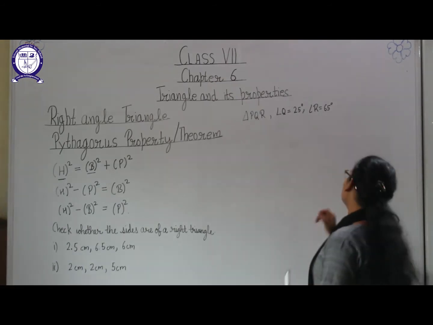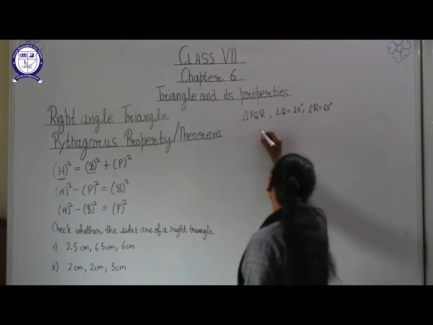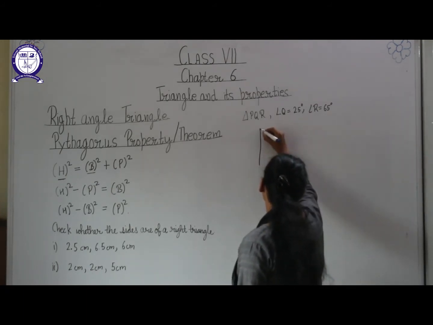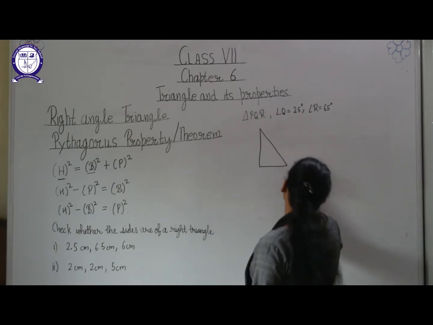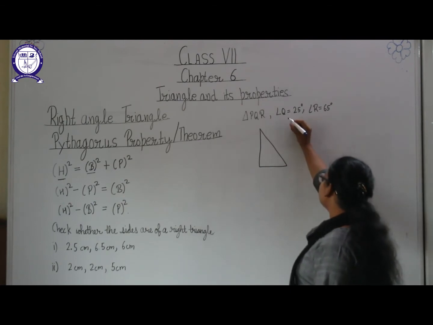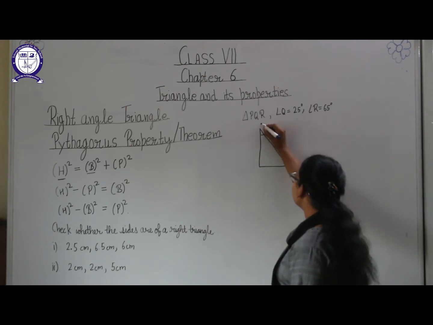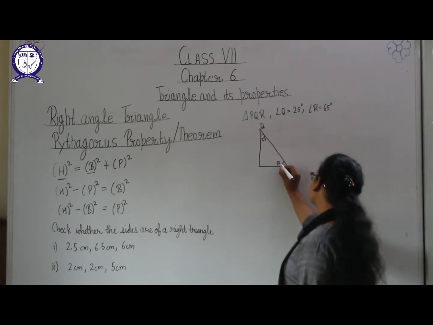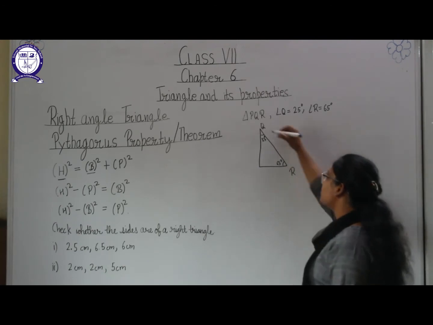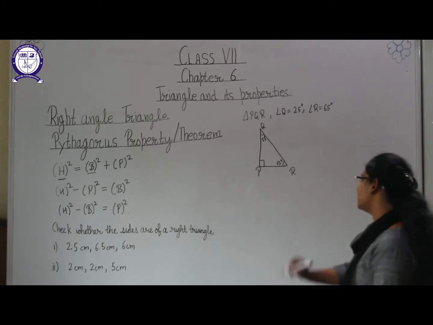Now suppose you are given that triangle PQR is a right triangle, which is 90 degree, and Q is 25 degree and R is 65 degree. So we will draw PQR here. This is triangle PQR. Here as Q is 25 degree and R is 65 degree, I am naming it Q and it is 25 degree. It is R and I am naming it 65 degree. So what is left from PQR? P. So I am naming it P, and this is the 90 degree angle here.